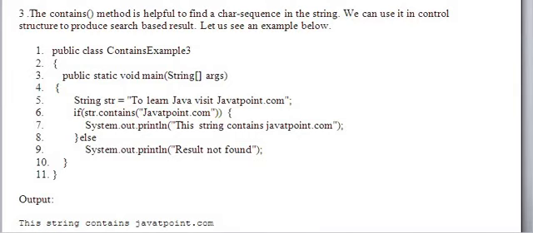So the contains method is helpful to find a char sequence in the string. We can use it in control structures to produce search based results. Look at line number 6 clearly. If str.contains and within brackets some character sequence. If it is true, line number 7. If it is false, line number 9.